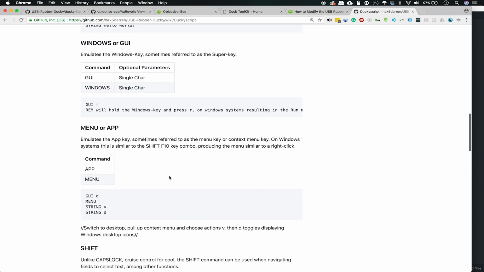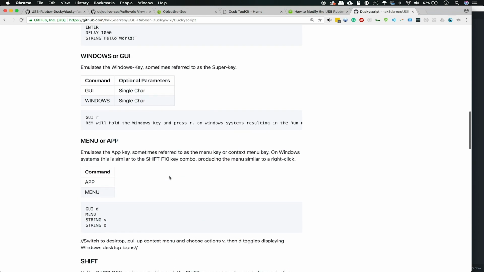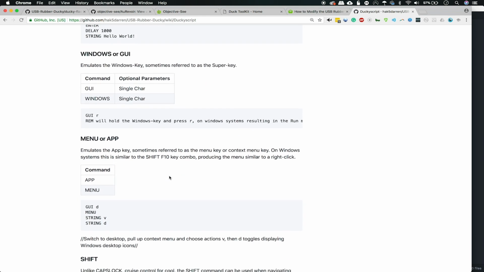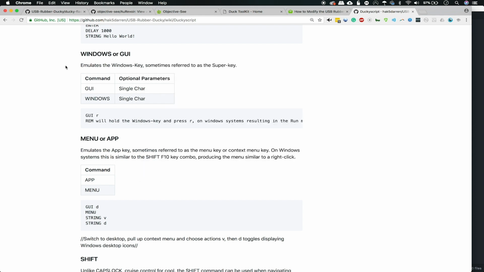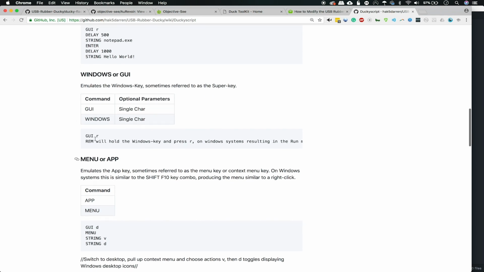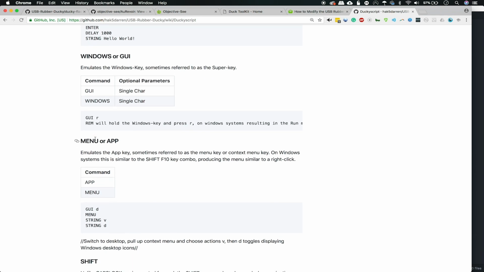But here you can also see there's a variety of different keystrokes you can use, the GUI key being particularly useful. Now the GUI key, the graphic user interface key, is usually the Windows key, but on OS X it allows us to do something like this, where we can quickly type command and space in order to open the Finder window. And we can use that to jump into the terminal window and get started with the hacking that we want to do.